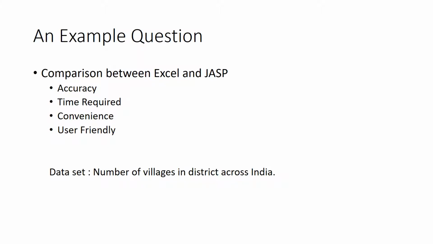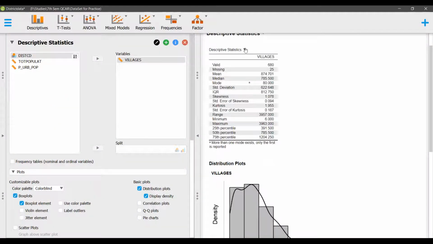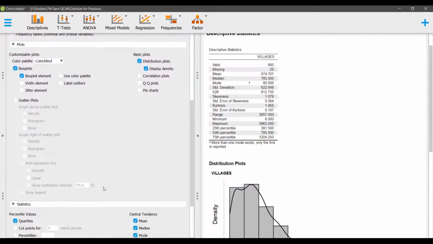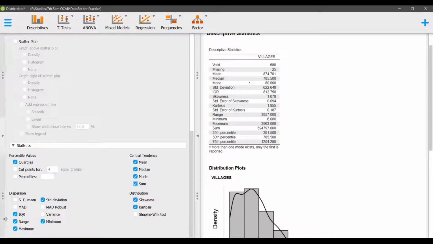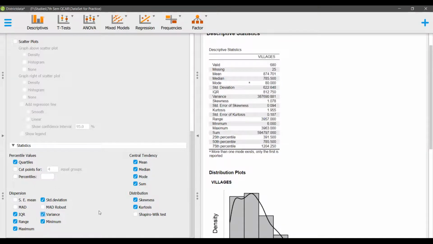So over here I have the data set which we have been using for some time, which has the number of villages in a district across India, and we were doing the same descriptive analysis on the same data set. In JASP we have made the table where I have taken all the values: mean, median, mode, sum, and then we have quartiles already. First, second, and third quartile are there. We have variance. So we have taken almost all the values,